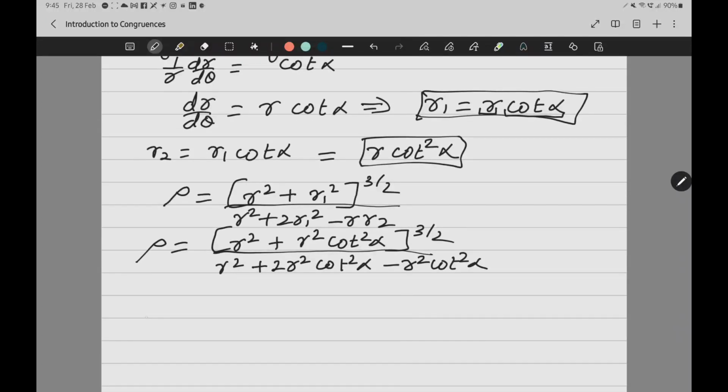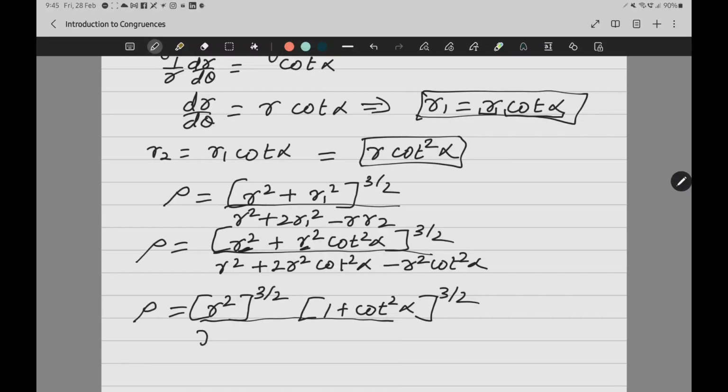Right? Now rho is equal to, from here R square is common. Remember, when R square is coming out, it will come out with the power 3 by 2. And I am left with 1 plus cot square alpha power 3 by 2. Upon denominator also R square, I can see it is common. So I am left with 1 plus 2 cot square alpha minus cot square alpha. Now R square power 3 by 2, 2 will get cancelled. R cube upon R square, only R. So rho is equal to R